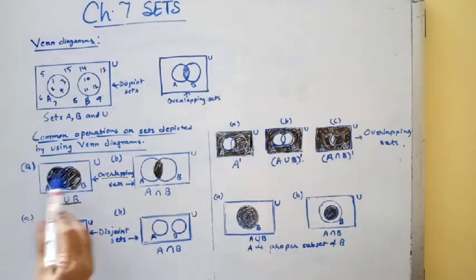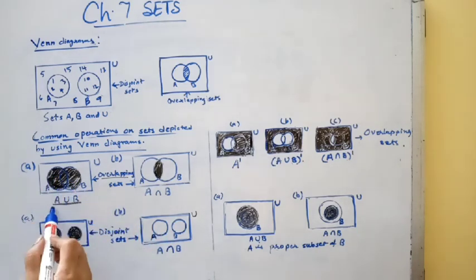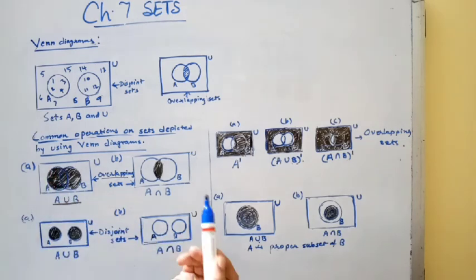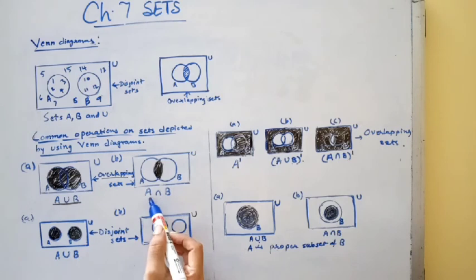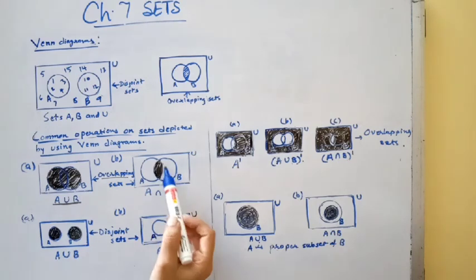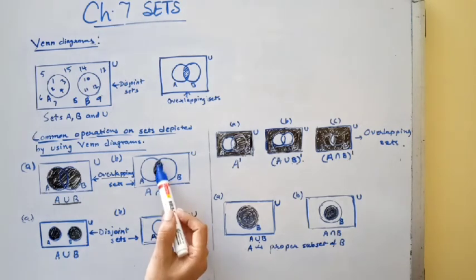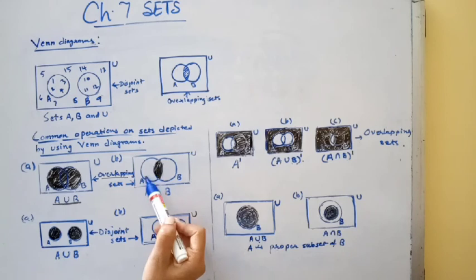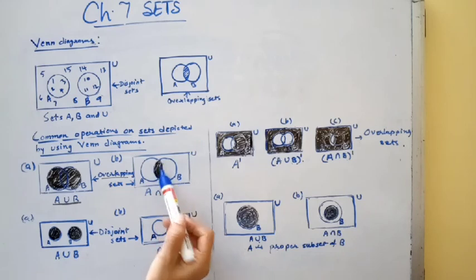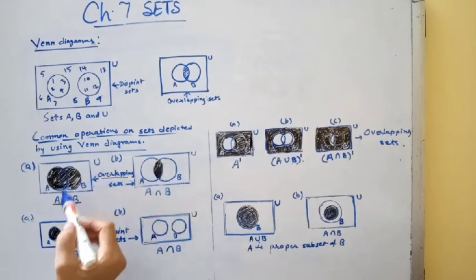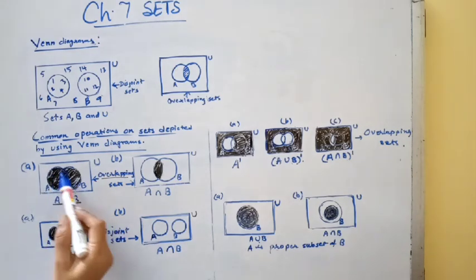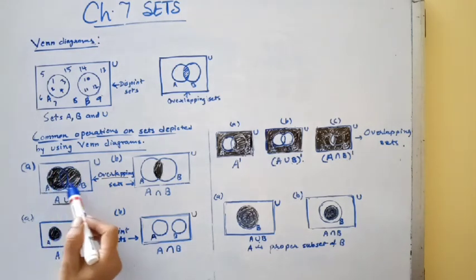Here in overlapping sets, A union B is represented by the shaded portion, and A intersection B is represented by this common portion, because in intersection we take common elements of A and B, so we shade the common portion. And in A union B, we take all the elements of A and B together, so we shade